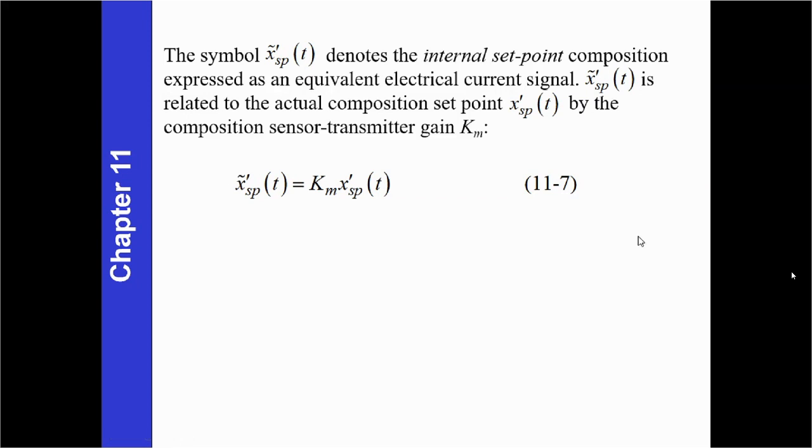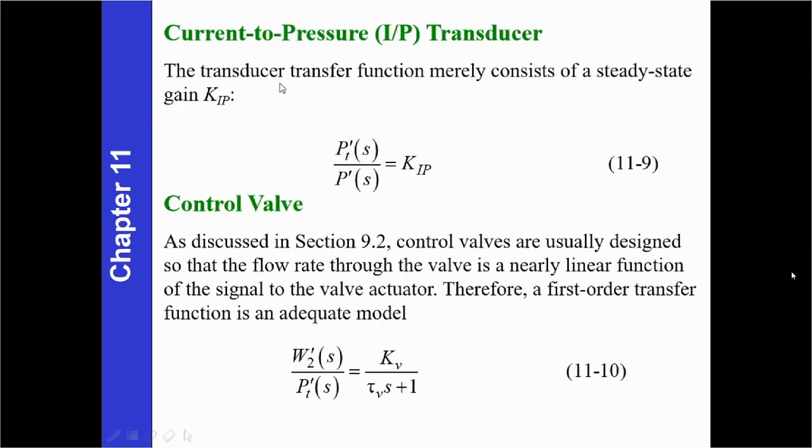And the current to pressure, I/P, transducer transfer function. The transducer transfer function merely consists of a steady state gain KIP. So Pt-s over P-s equals KIP. That's for the current to pressure transducer. And then for the control valve,